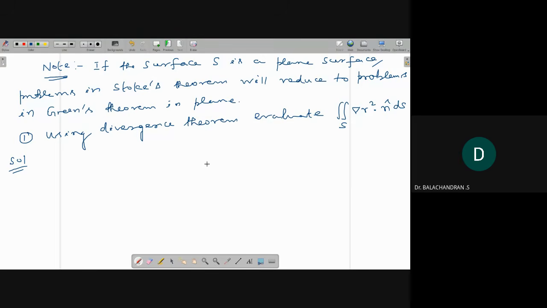Very good, Manikandan. Yeah, you are right. And you got the answer also. Very good. Okay, so now using Gauss divergence theorem,